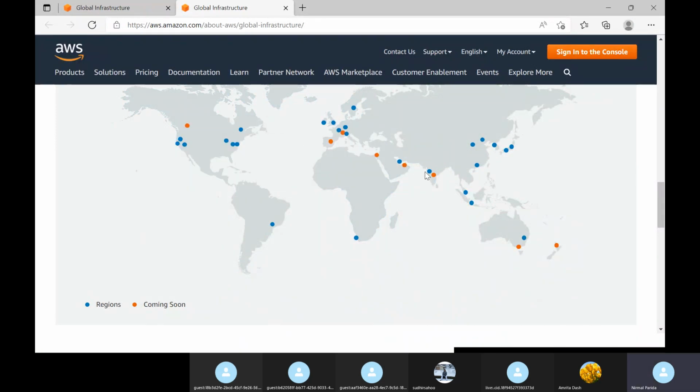In India, currently Mumbai has one region, and that region has 3 availability zones. The orange color means coming soon. In Hyderabad they are going to launch another region. Their work is in progress, and once it is completed, the Hyderabad region will be a region.